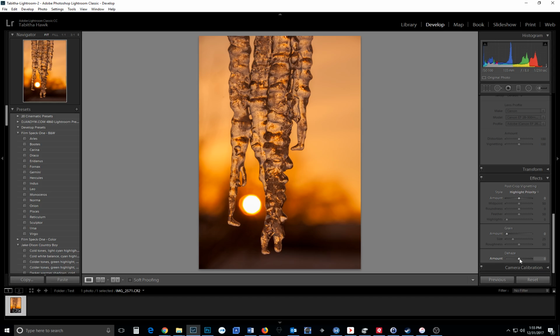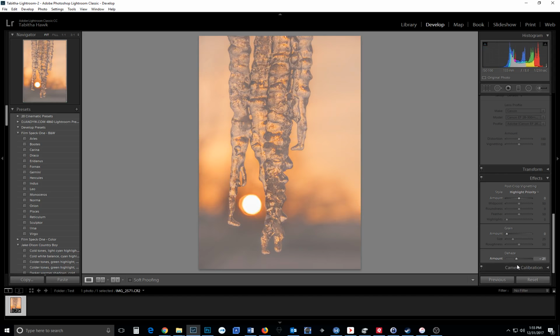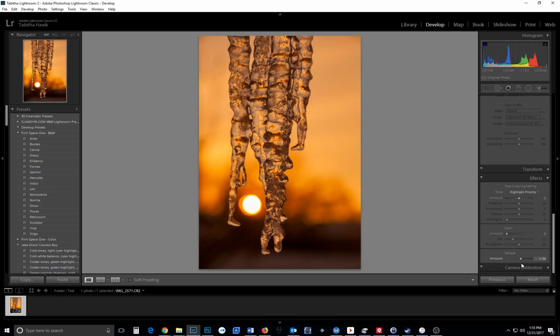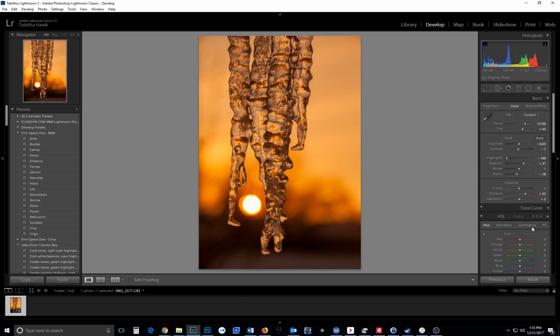And then down here on the dehaze, sometimes I'll use that for landscapes to really show off, well, this is what it does. When you go all the way to the left, it makes things cloudy. So it's good for people to give them that, I don't know, senior picture look. And then if you go to the right, it sharpens everything, makes it pop a little bit more. So I'll play with that, but other than that,